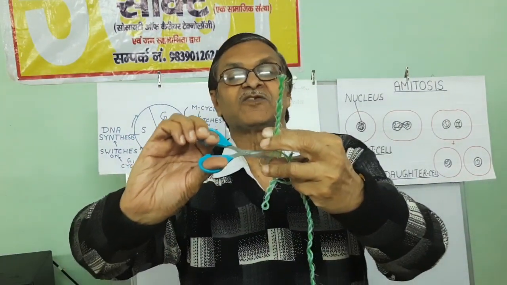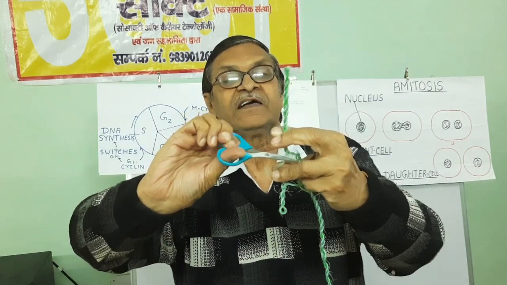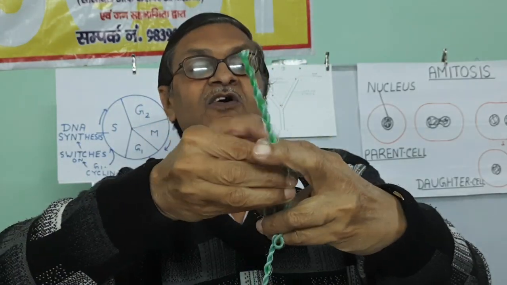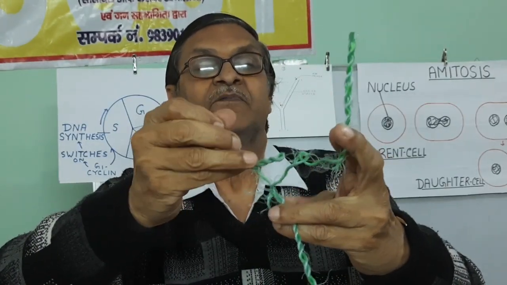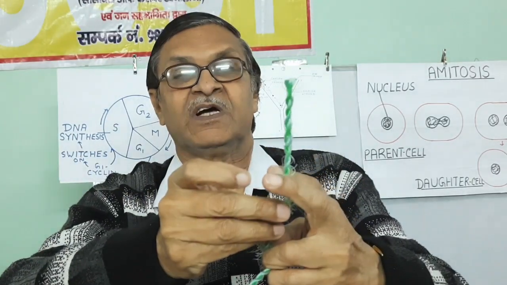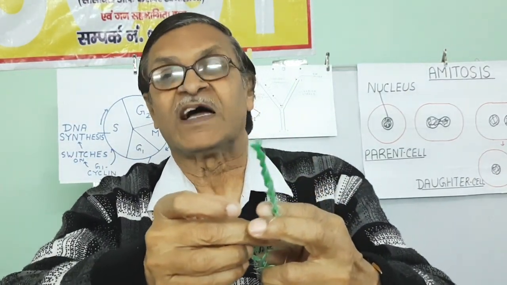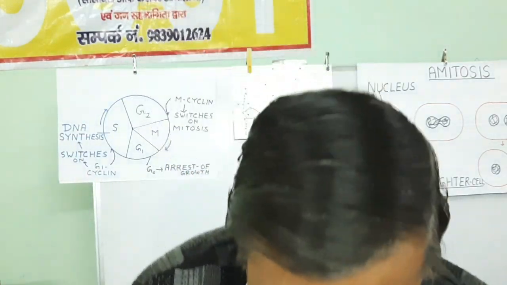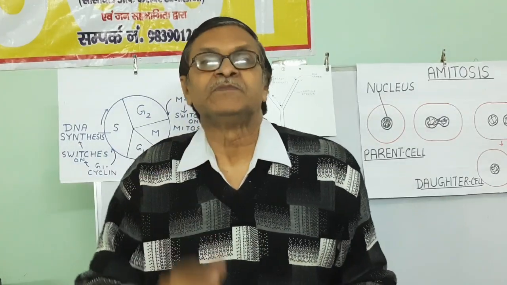Here a cut takes place by helicase enzyme, and it rotates this way and then joins again. This is done by helicase and topoisomerase enzyme. So this is one very important step. The second important step is that